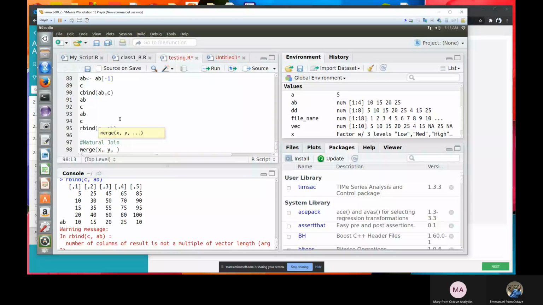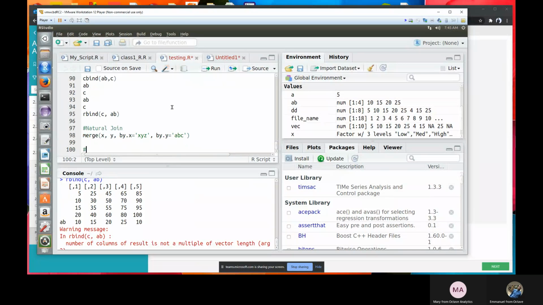But if the column in X and the column in Y that you are using to match have different naming conventions, I'm going to specify like this: by.x is equal to a particular name, say XYZ. Then maybe the column that matches in Y, we say by.y is equal to ABC. Then this is going to join X and Y based on these two columns that match in X and Y correspondingly.